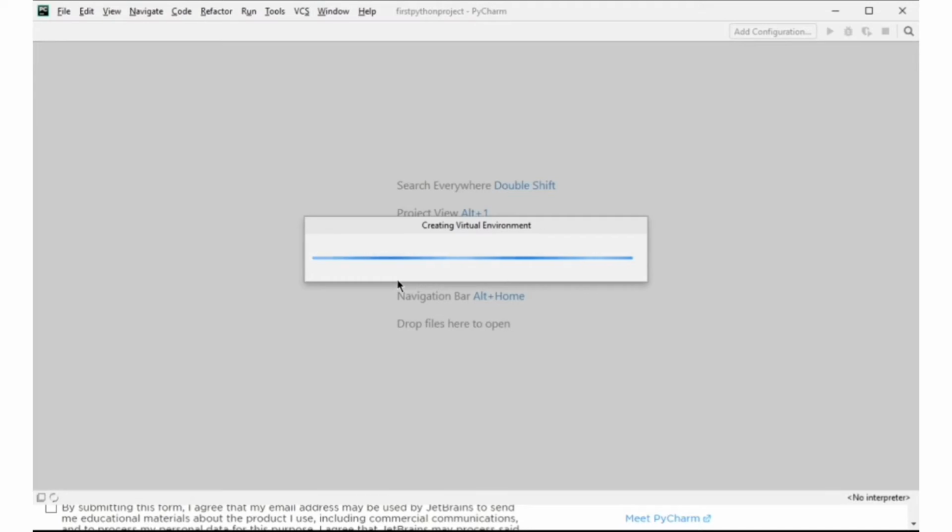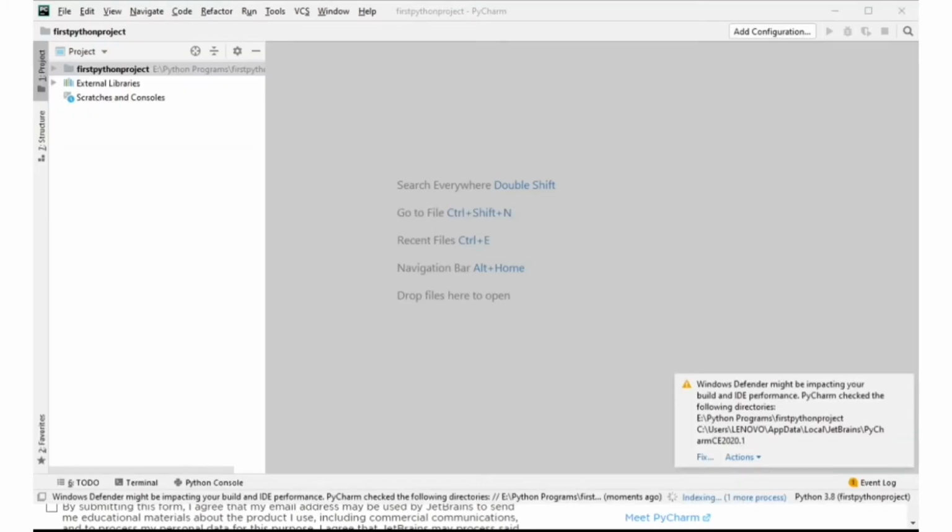It is taking a while because I had a lot of programs running here, and it's creating a new virtual environment for the program. It should not take this long, but as I said, because of the lot of programs here, it was slow. It is done. So as you can see, this is a new project which is set up for me. I will see my project here. You can see the path of where the project is set up.